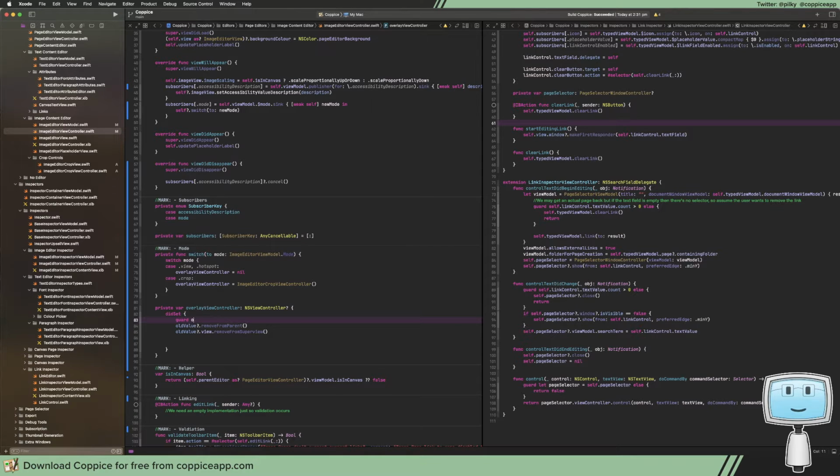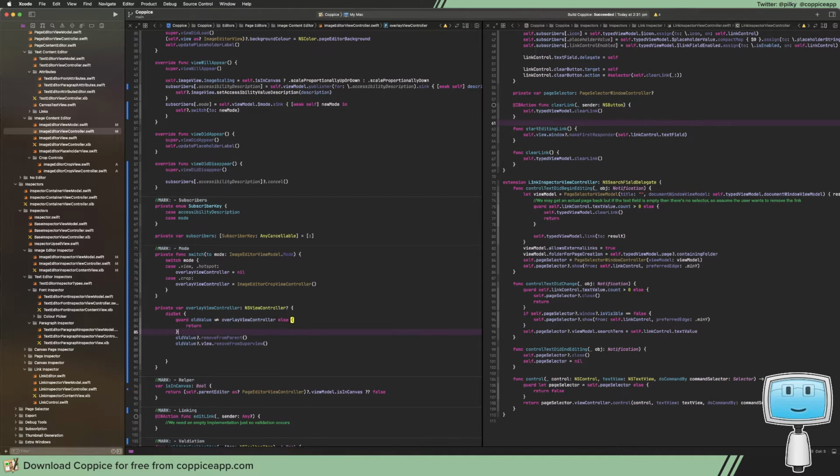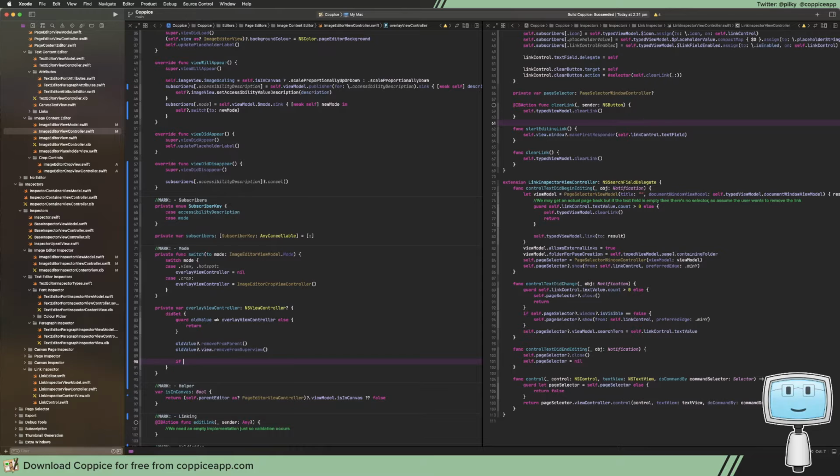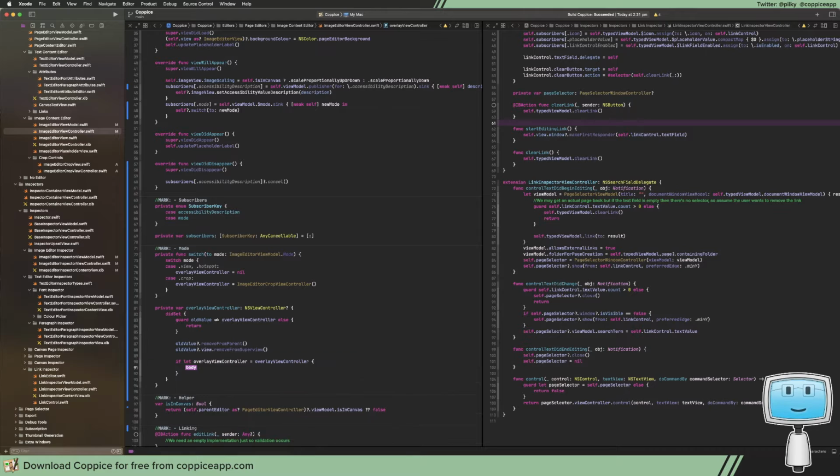Actually no, first guard old value not equal to overlay view controller, because we don't want to do things unnecessarily. Do that, and then if let view controller point, and it goes in. It'd be nice if there's a configuration to say that you're pedantic and you want to use self everywhere. I actually have Swift format to help me with that, but it would be nice if Xcode could do that for you. So overlay equals self overlay,